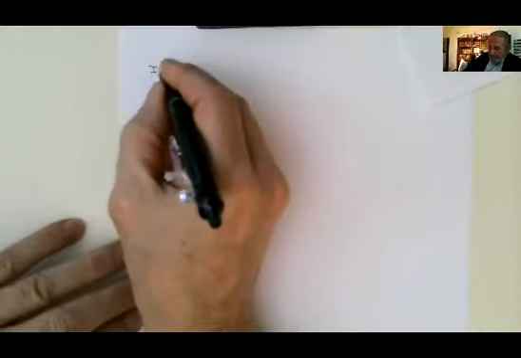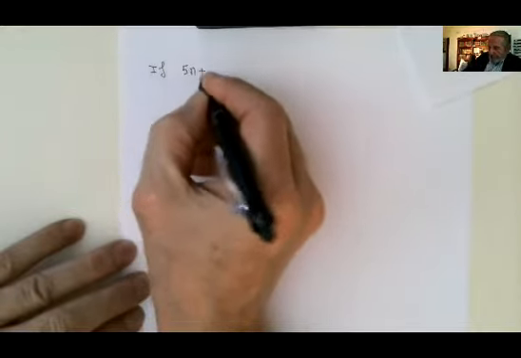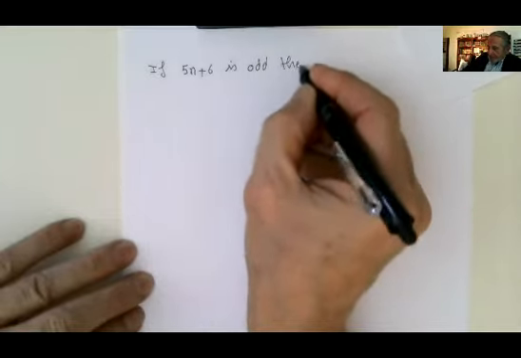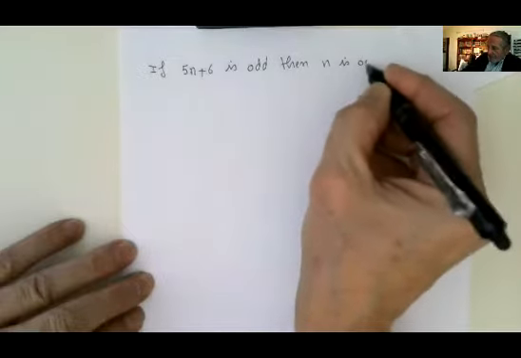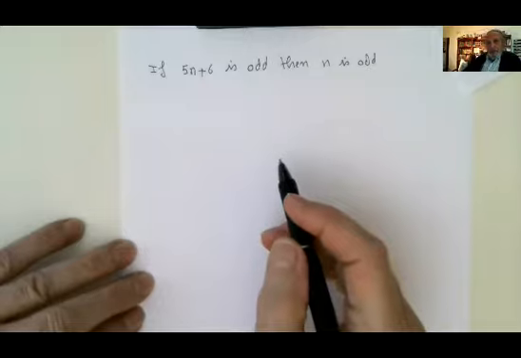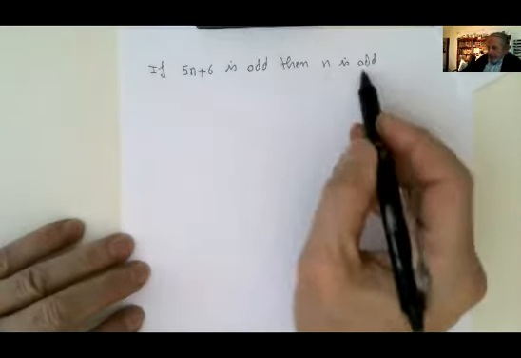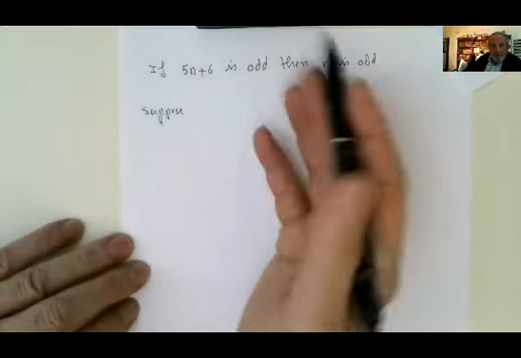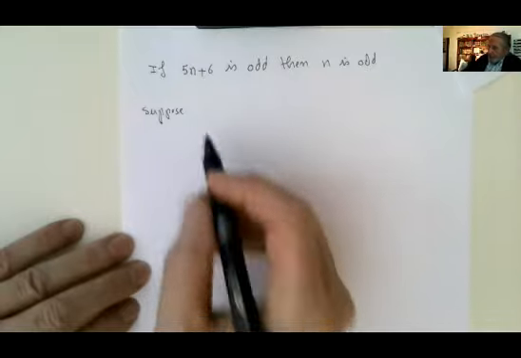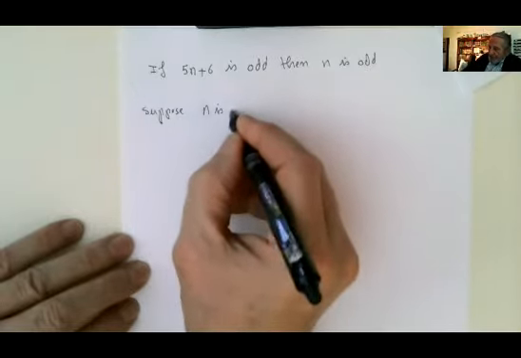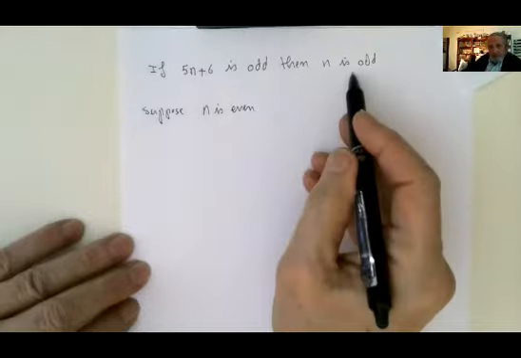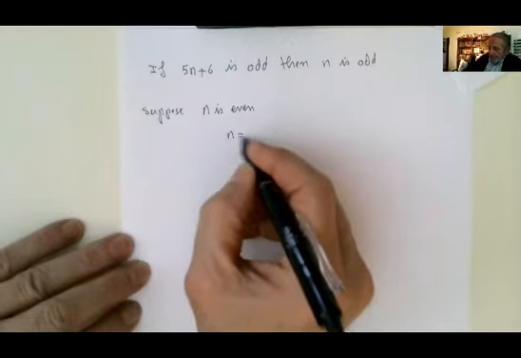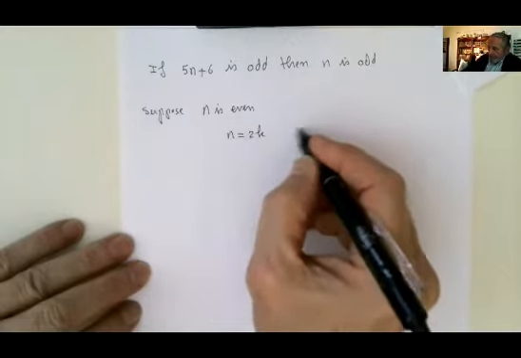If 5n plus 6 is odd, then n is odd. So you take this and negate it, okay? So say suppose, temporarily, for the time being, for the sake of argument, suppose n is even. The opposite of this, the negation of this. So n is equal to 2k, then